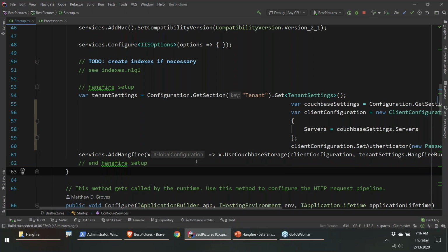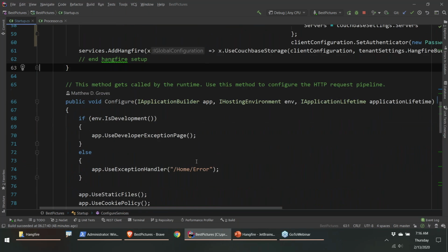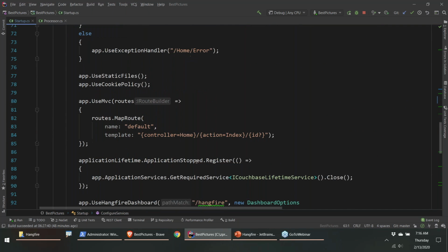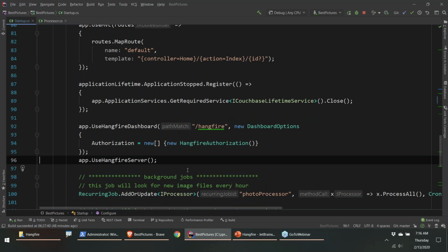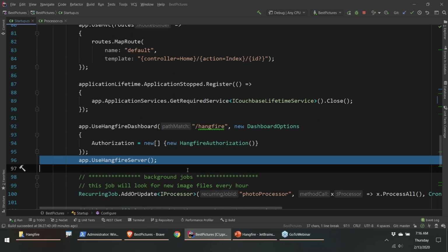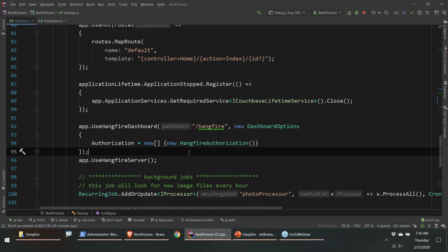Now, if we want to set it up as a server as well, let's go down here to Configure. And right here, I've got one line, app.UseHangfireServer. That's me telling ASP.NET to process background tasks from Hangfire. So with ASP.NET, now this application, I can put jobs into the background and I can process jobs out of the background. I'm using the ASP.NET extension here, but of course, you could have a plain .NET Core console application doing one or the other, either creating, or